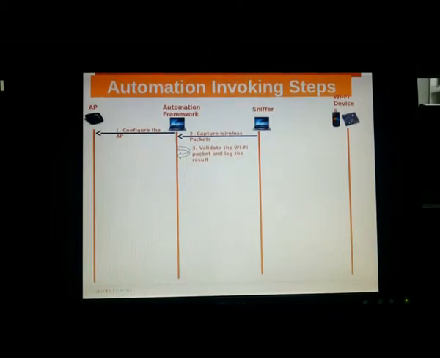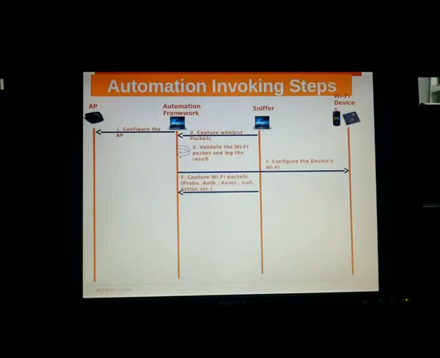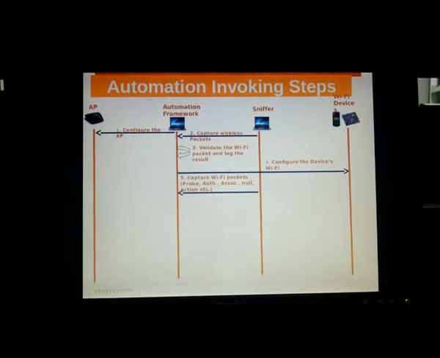After that, the automation framework will do the device side configuration. Here we will run one activity for our configuration. After that it will fetch all the remaining wireless packets like probe request and response packets, authentication request and response packets, association request and response packets, null frames, and the action frames.